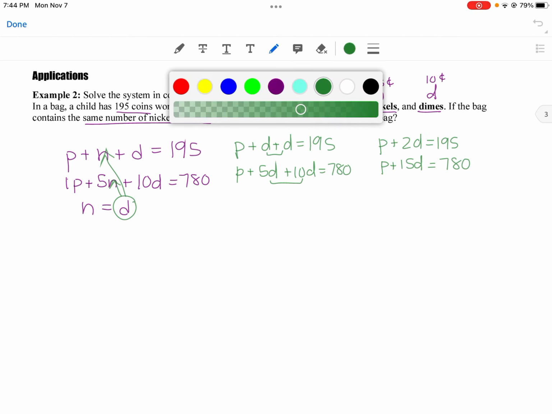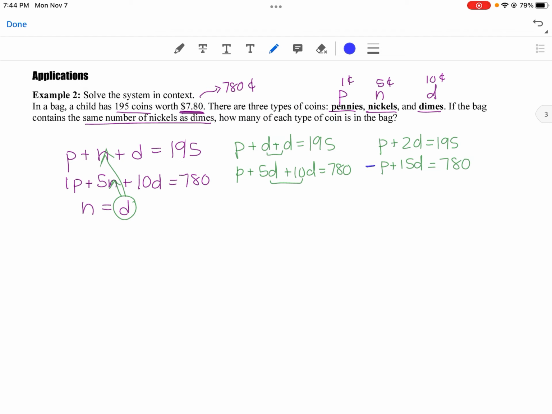I think it said 580 before, I apologize. So think about changing these signs. If I subtract, notice how your P's cancel. So I've got negative 13D equals 195 minus 780, which is negative 585. Divide both sides by 13. And D equals